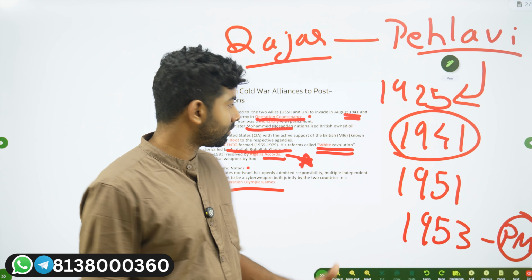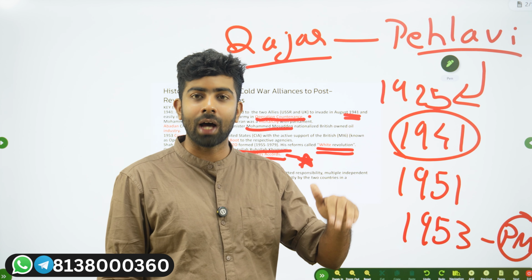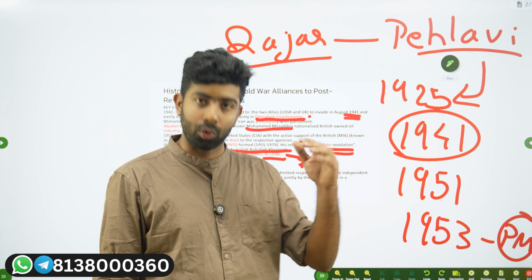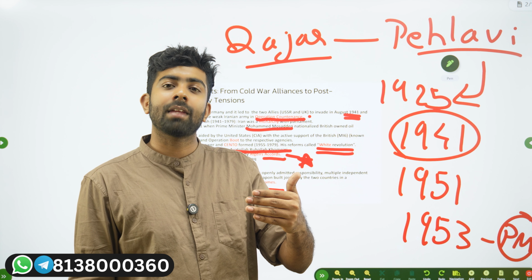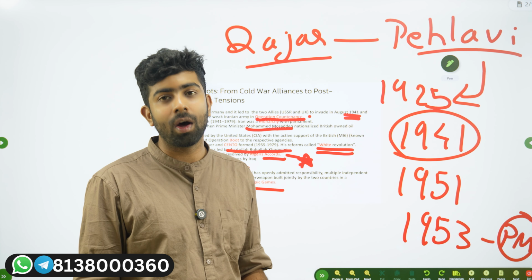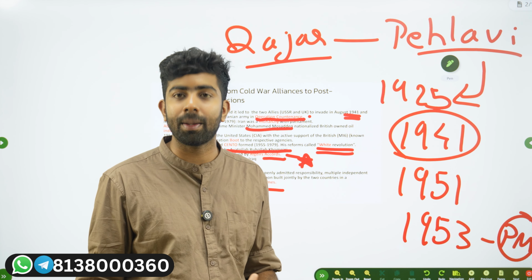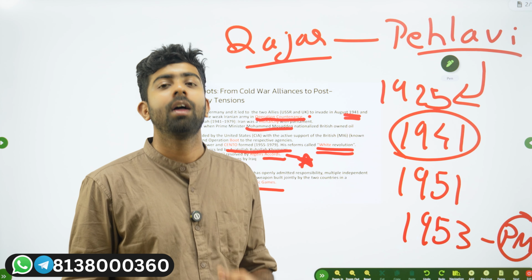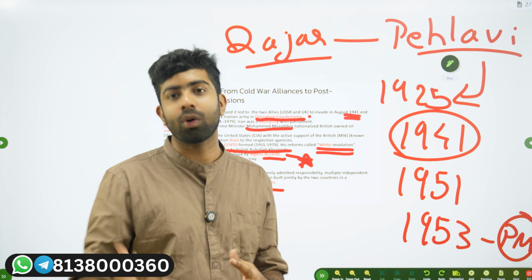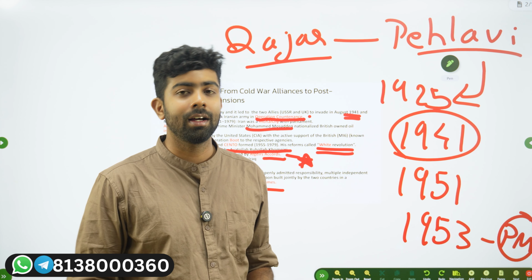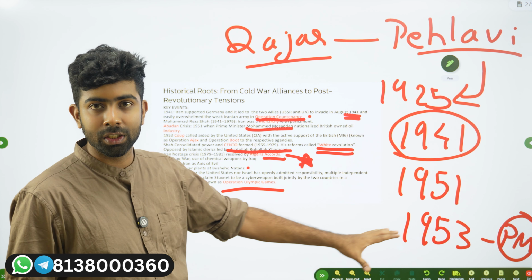After Ruhollah Khomeini died in 1989, Ali Khamenei came into power, who has just been killed by the US-Israel operation. He gave a fatwa in about 2006 that nuclear weapons are opposed to Islam, that we are not going to develop any nuclear weapon. But still, that was the point of contention, the visible reason for the entire operation, which we will discuss in another session. So just to recap, remember the years and what happened.